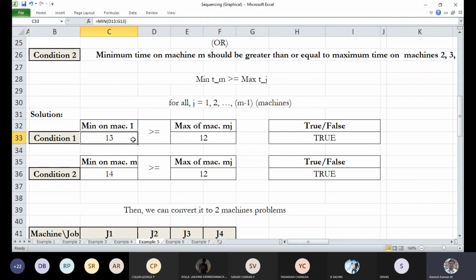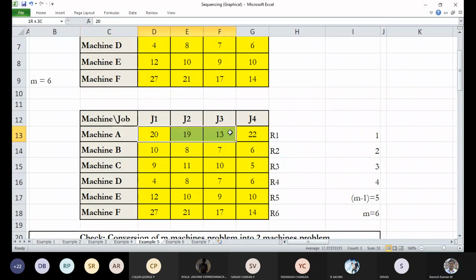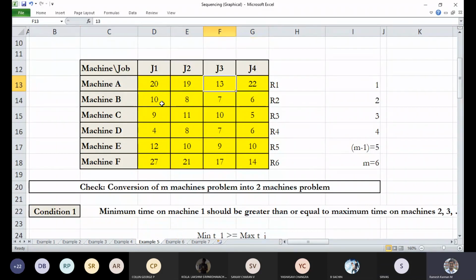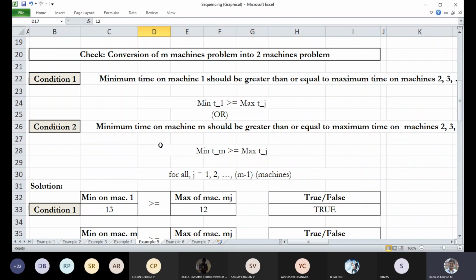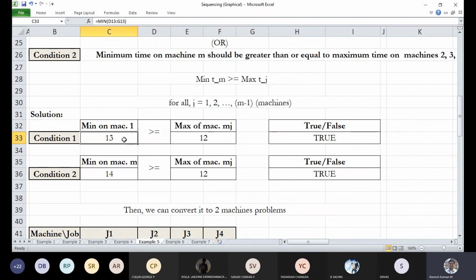So the minimum on machine 1 is 13, and the maximum of this particular matrix is 12. So 12 is less than 13, and this condition is true. Luckily for this problem, condition 1 is true.